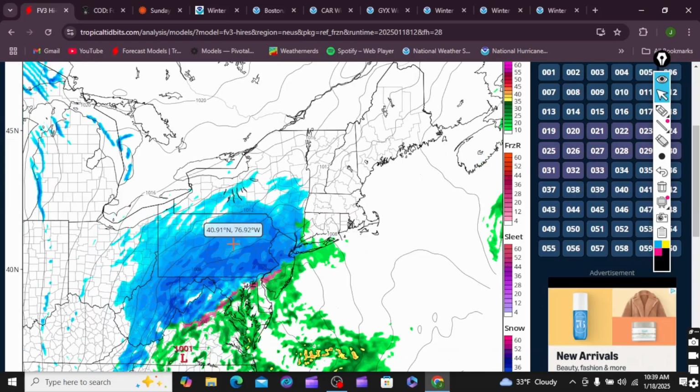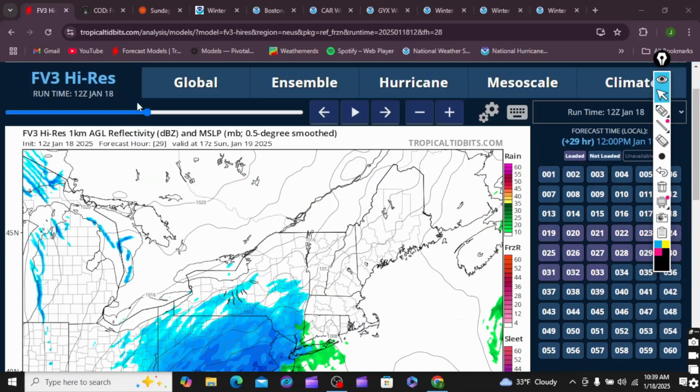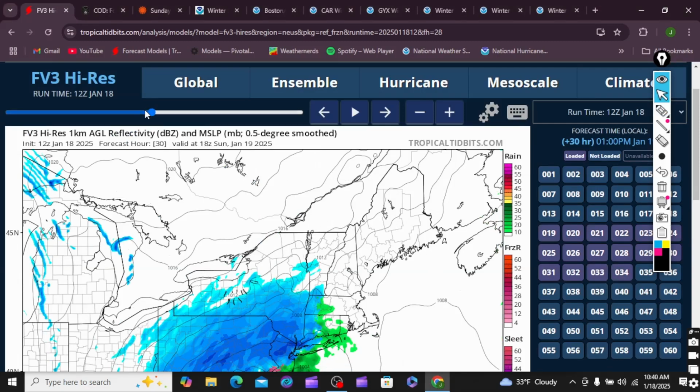So this is 12 o'clock. We're getting to those moderate snowfall rates in these darker blues right here. You can really start seeing that. This is about 12 o'clock. Still a little breeze, nothing too much of a blowing snow factor just yet. And then you go into 1, 2. So this is about 2 o'clock.